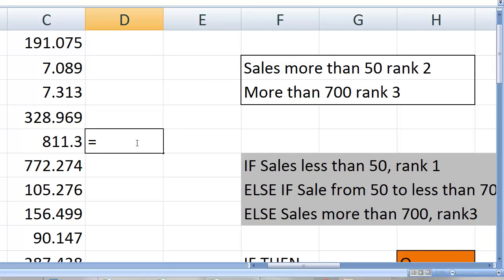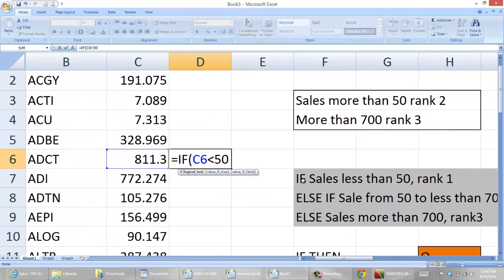Equal to, if, open the parentheses, prefix never changes. If sales, what is sales? That one, right? 811.3. If this number... and you know what? Excel doesn't care whether it is sales, salary, or population. All it knows is a cell, right? So equal to if sales, or this cell, less than 50 here, right? If the cell is less than 50, then,